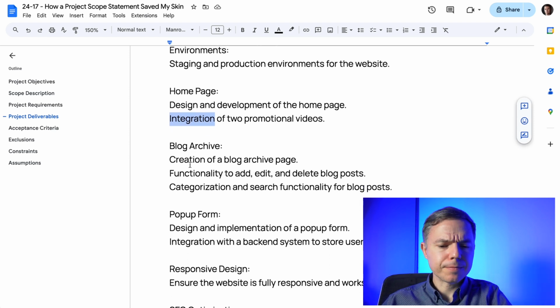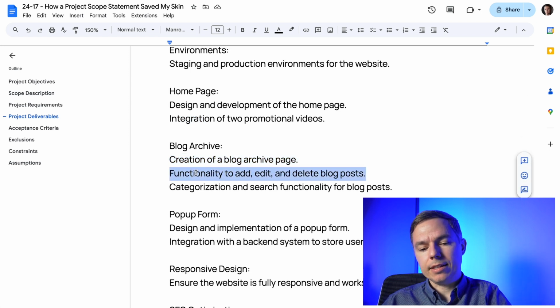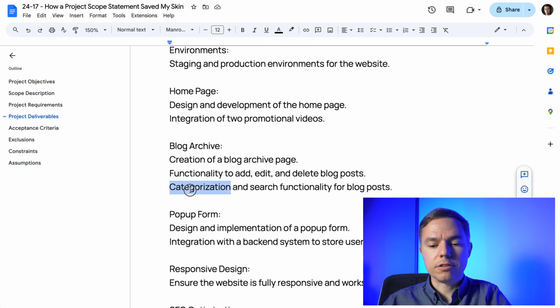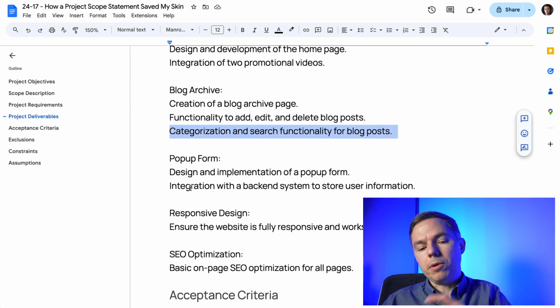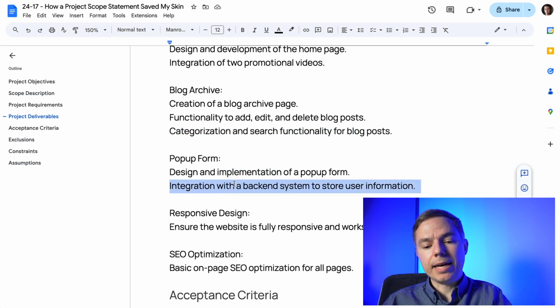Blog archive, again, creation of blog archive page, functionality to add, edit, and delete blog posts, and categorization and search functionality for blog posts. Pop-up itself, again, design and implementation of pop-up form, integration with backend system to store user information.